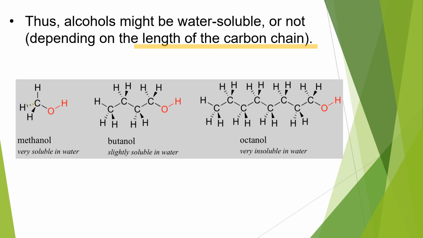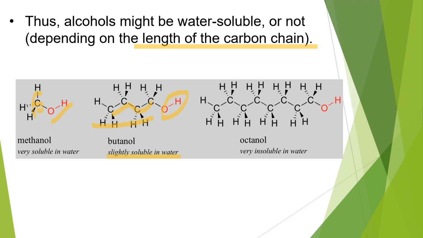Methanol, which has only one carbon, CH3. This is the hydrocarbon chain, and it has one hydrophilic group, OH, the polar group. So it is very much soluble in water because it has a very short hydrocarbon chain. Coming to butanol, butanol has four carbons, so the hydrocarbon chain is much longer compared to methanol. But the hydroxyl group is only one. This is the only polar group present, whereas it has this long hydrocarbon chain which is hydrophobic or non-polar. Hence, butanol is slightly soluble in water.